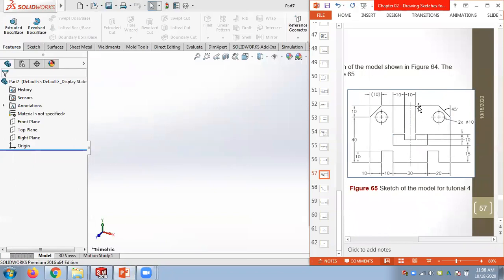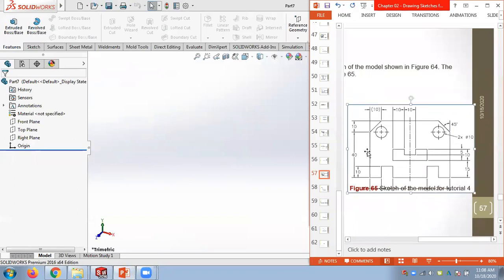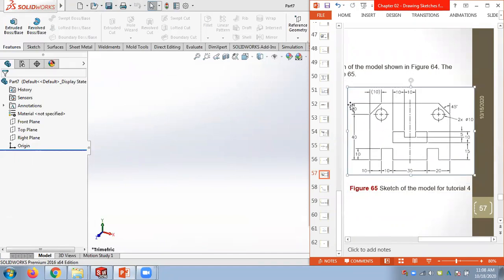If you look at this, you have a center line and you have several loops here. So better you don't start directly from the inner sides. Just try to complete the outer loops, and we'll come to the inner side later.